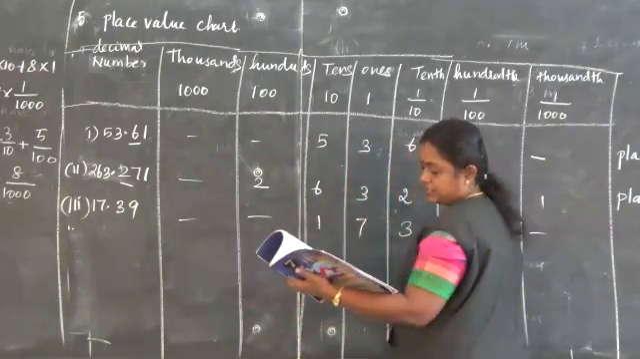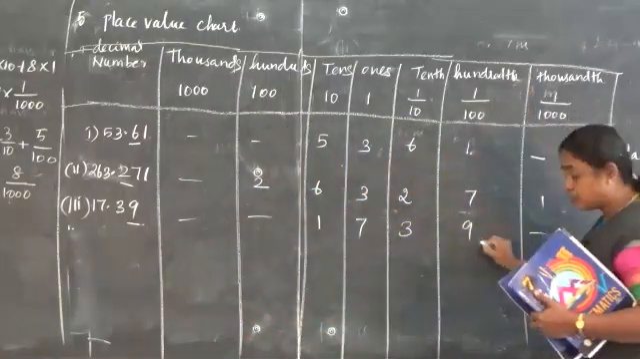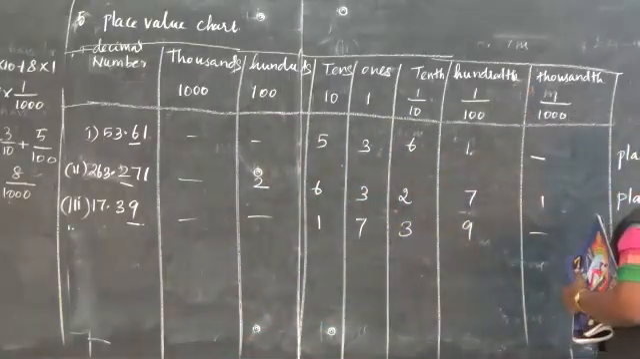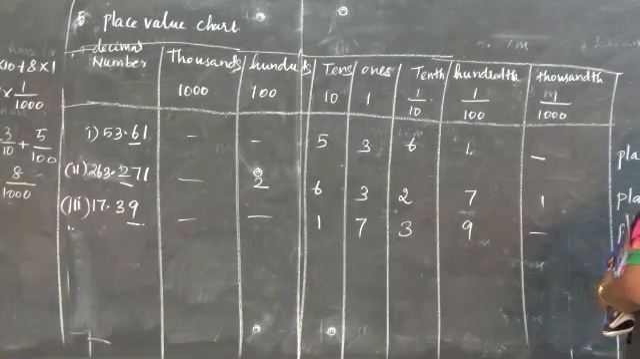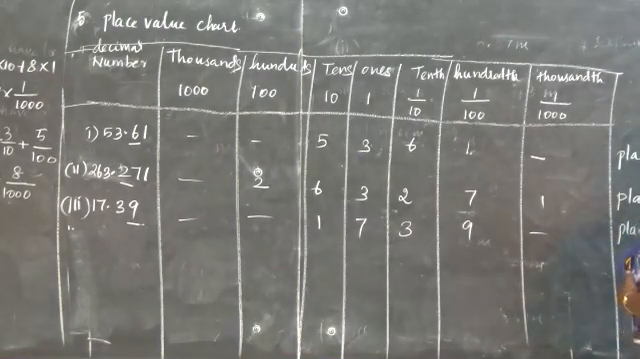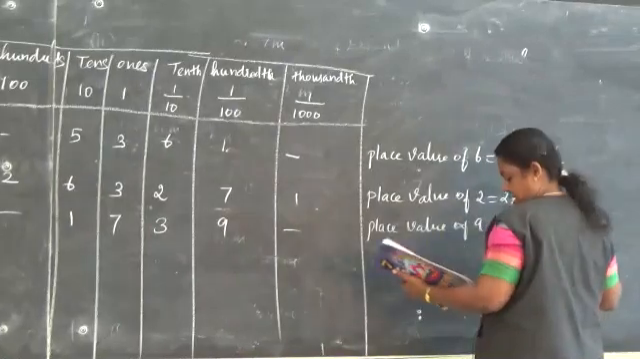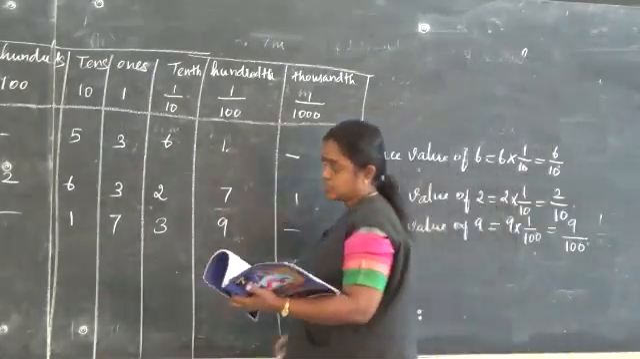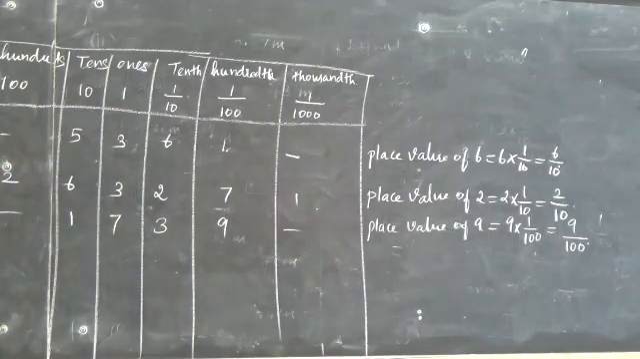What is the underlined word here? 9. Where we are writing the 9 is the hundredth place. So what is the place value of 9? 9 equals 9 into 1 by 100, that is equal to 9 by 100. Come to the fourth subdivision,